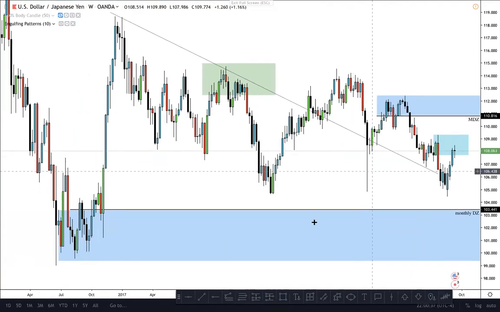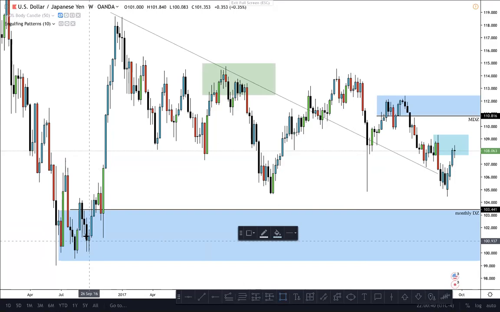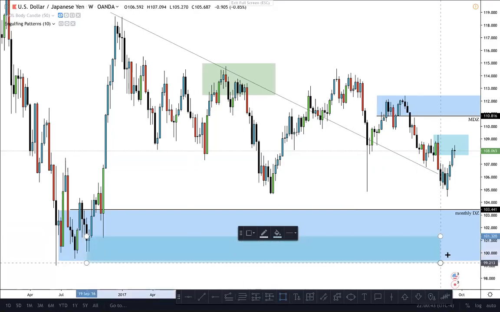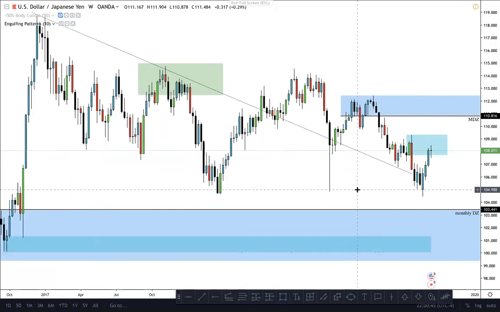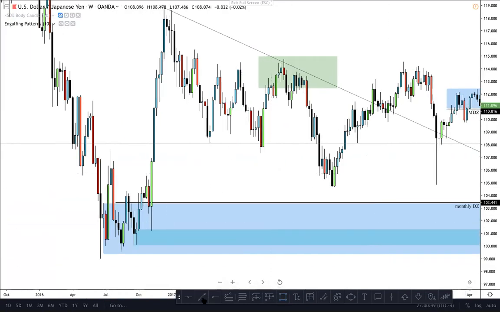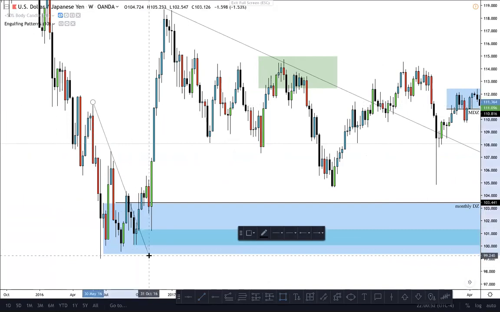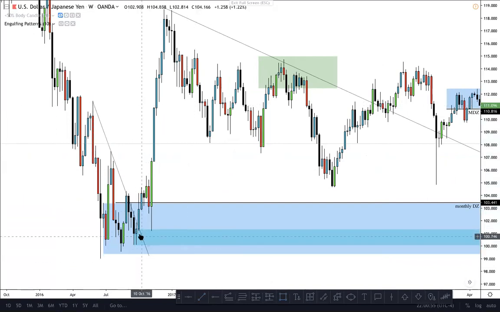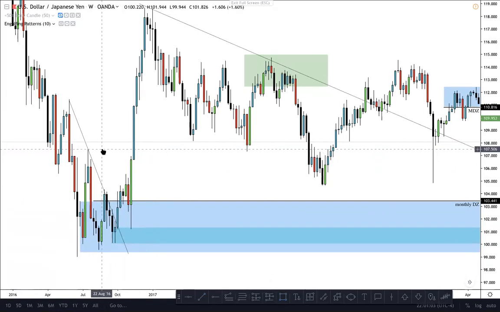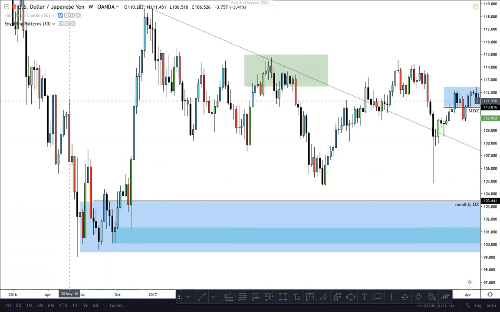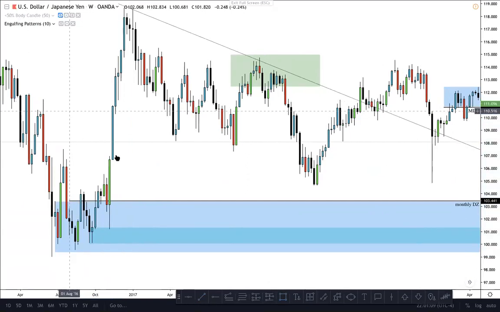weekly supply, and nearest weekly demand would be right down here, right? Now this is demand because obviously we had a trend line right here. This was the base that was responsible for removing the trend line, right? Let's see. No, this is not a trend line. But yeah, if we drop down to a lower time frame, we would see that this would be a daily base or whatever, and we can see the market reacted off of it, right? But anyways,